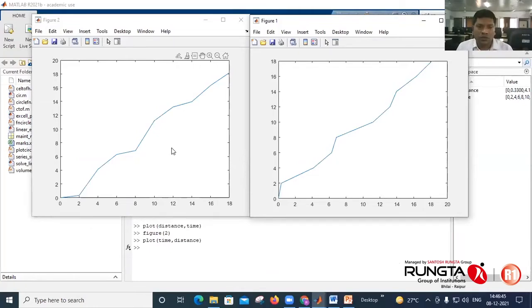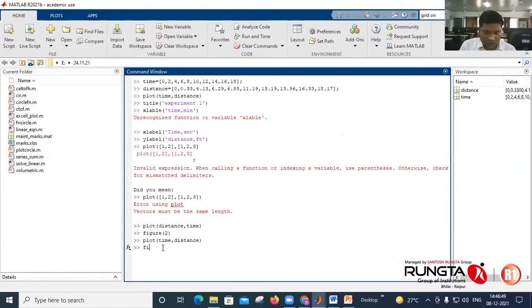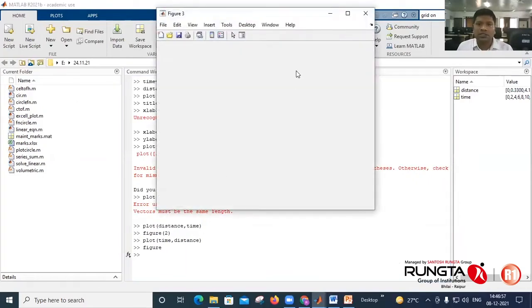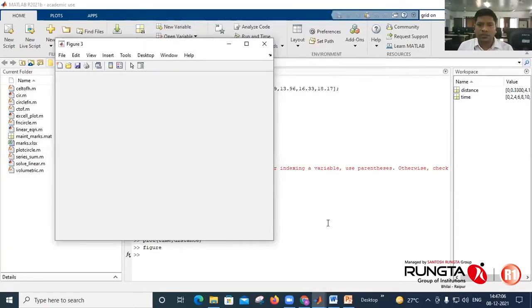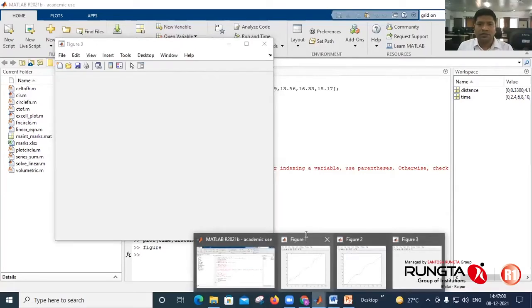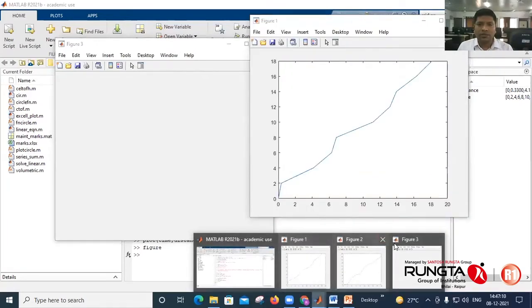If you want another one, you can type figure, give the number, or type figure and press enter. It will generate the next figure number. So now figure 3 is active. This is figure 3, figure 1, figure 2.